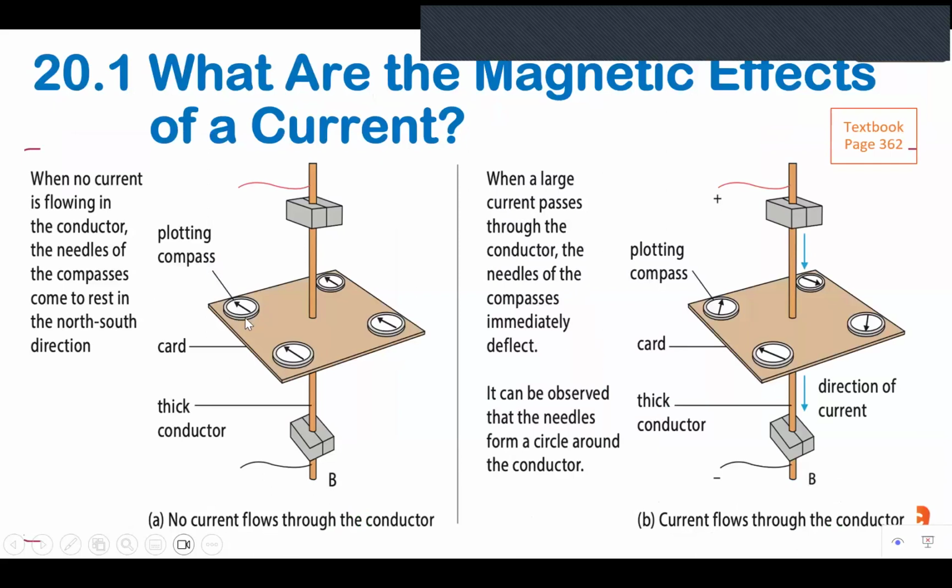Okay, so this is what he sees when there is no current. All the compass needles point in the same direction. And where there's current, you will see that the compass needles actually point in a closed loop circle. Okay, like that. It doesn't point to the earth's north anymore. So there's a magnetic field, and in this case it is in the clockwise direction.